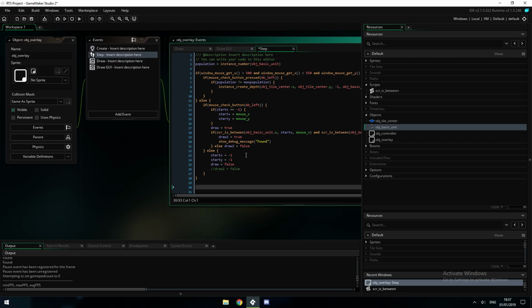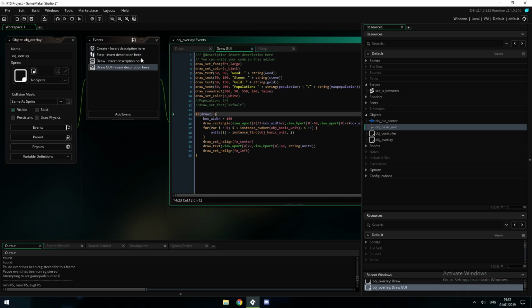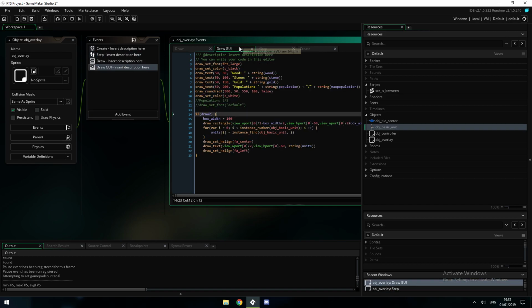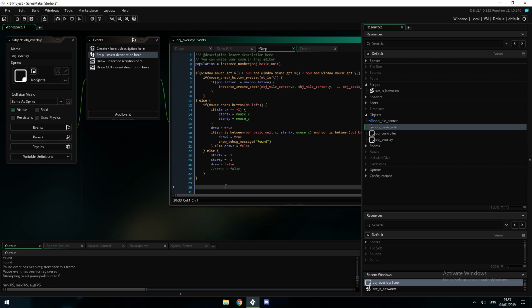If for every step we take the instance ID, I believe we've got an array for these units. I'm not entirely sure if that gets filled or not at any point. Oh no, it does. So in the step event, this is something that I think is quite amazing. If we do unit 0, presuming that unit 0 is not equal to 0, so if units